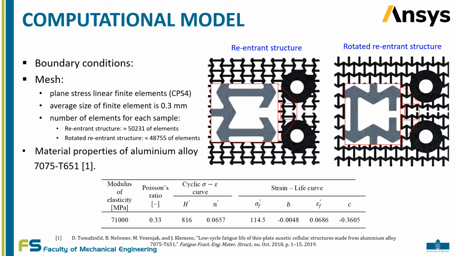In the computational model, the elastic part is modeled by defining Young's modulus and Poisson's ratio, while the plastic part is modeled by defining plastic data pairs obtained from the cyclic stress-strain curve, which is given by these two material parameters. For the fatigue life calculation, the strain-life approach based on the Coffin-Manson model with a mean stress correction was applied. In the framework of the ANSYS program, the strain-life parameters were integrated into the material model. The strain-life parameters include all four Coffin-Manson equation parameters. The Coffin-Manson material parameters are presented in the table below.